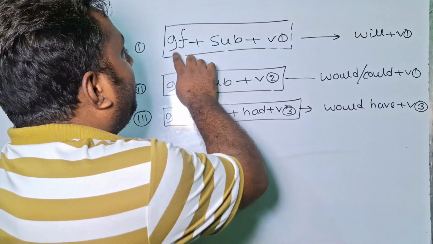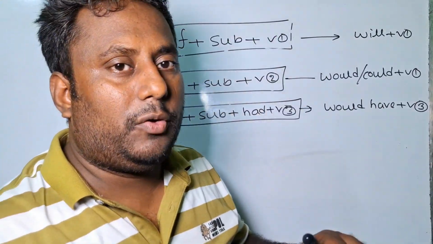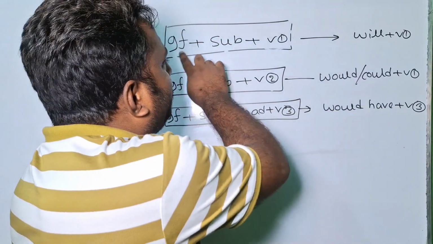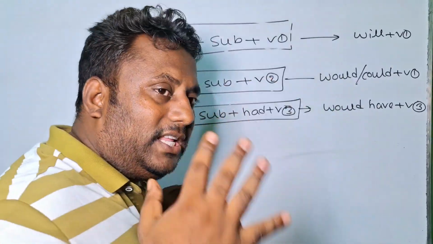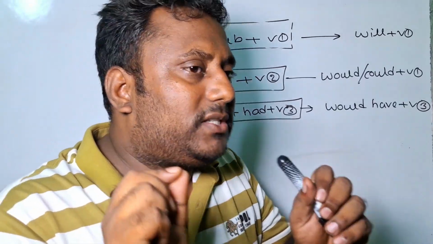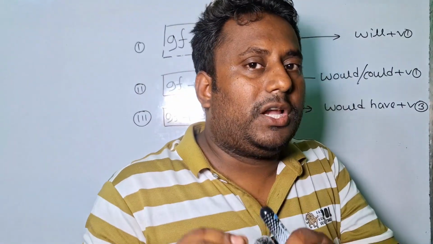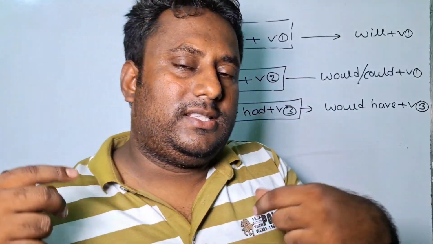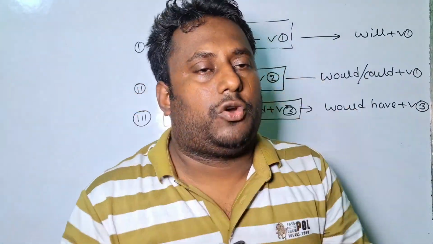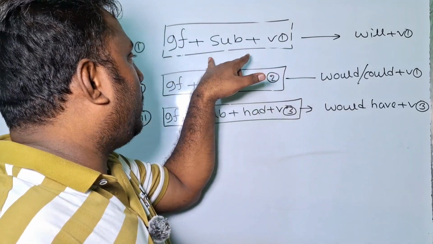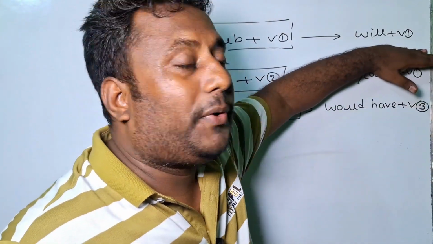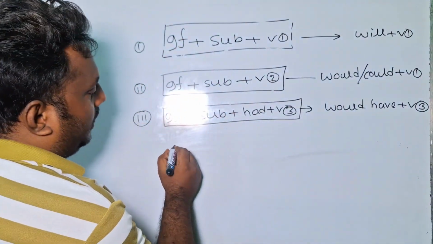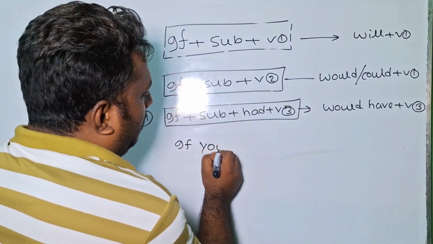First one is: if subject V1, will V1. This is the first condition, because if subject V1 is the first portion, and it is called the subordinate clause. If the subordinate clause is in the present indefinite tense, of course I need to say that this is the first condition, and then the principal clause will be will plus V1. So here the example is: if you come